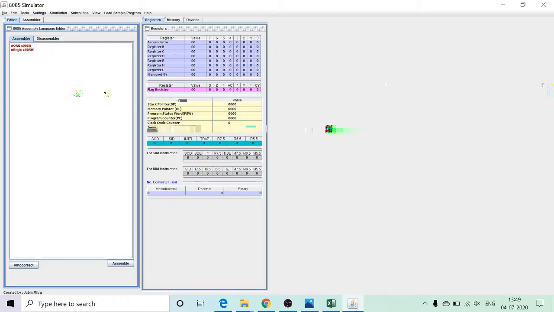The next thing I tell is where I will be storing my data. My data, that is 7, was stored in C000 and 3 was stored in C001, but I specify only the first address, and then 04, the 2 data values which will follow. It is 7 and 3.